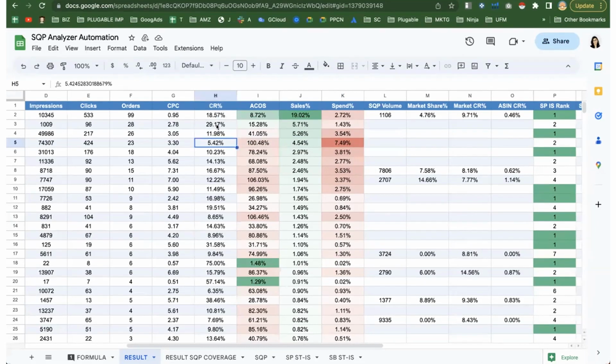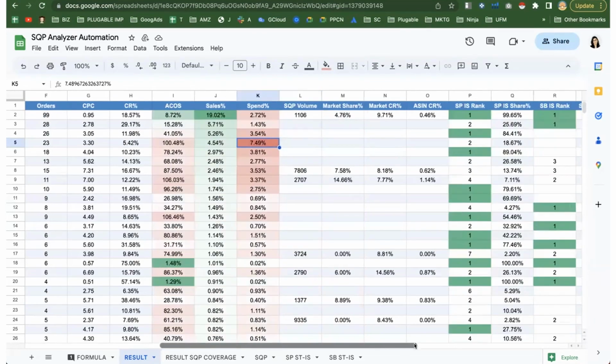And then the conversion rate also confirms it, that your conversion rate is pretty low. So all these data points align to tell you that this keyword is not a strong keyword for you. So don't push it, right? This is probably one that you want to really analyze to see if you can eliminate it, or if you can slowly build up relevancy for it instead of spending this much money, like 7% of the total amount.